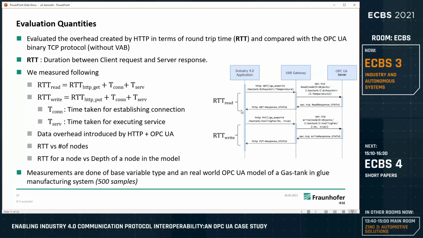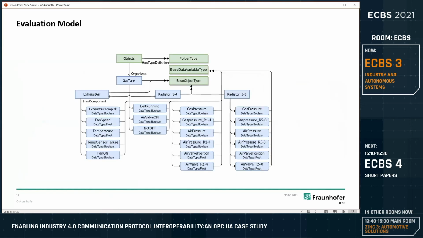In order to evaluate such an architecture, we measured the round trip time on two different platforms, and also we measured how much data overhead such a gateway introduces. This is the part of our evaluation, and we did it for 500 samples each, and took the average of that. The main evaluation is done for base data types, base variable types, and also for a real-world industrial model, which we took from one of our research projects, a glue manufacturing plant, which is shown here, which has different nodes,